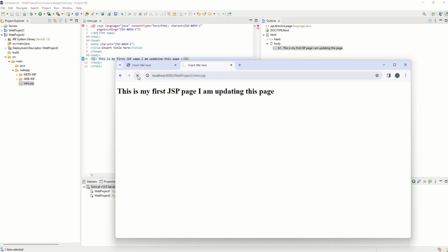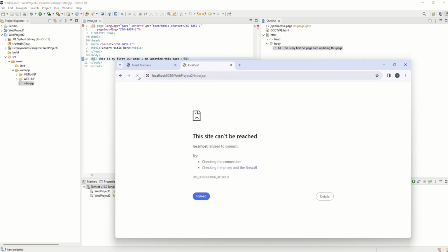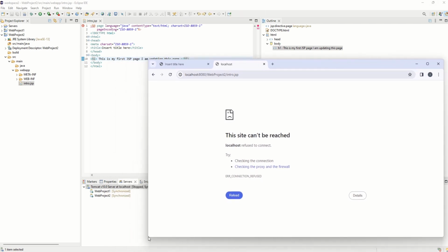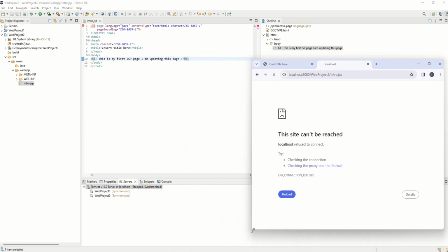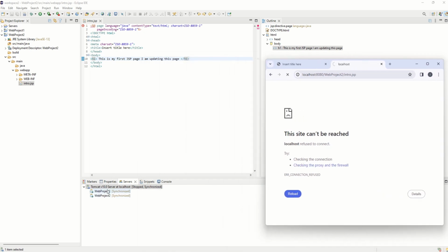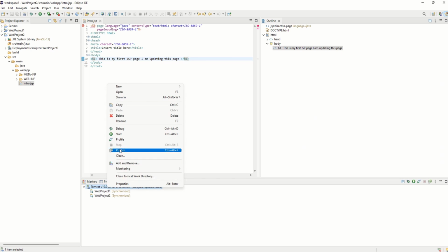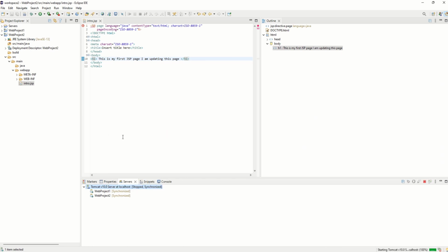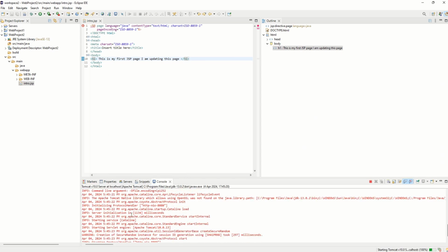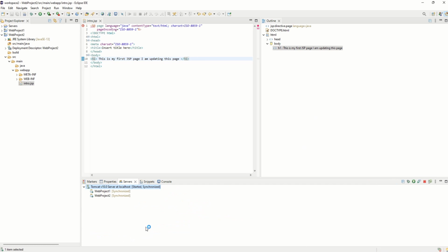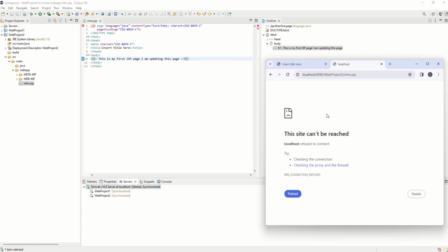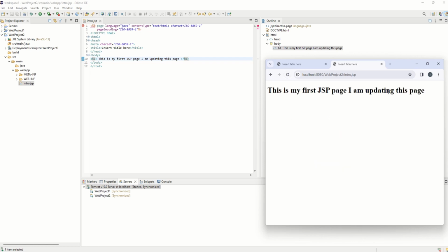Then you see it will give an error, because the server is not running, so the application will not be visible. So that's how the Tomcat server and the client work. The code runs on the server, and then you will be able to see anything on there. So I can start the server like that, just right clicking, and then Tomcat server starts. And then once the server starts, the JSP application is loaded, and you will be able to see